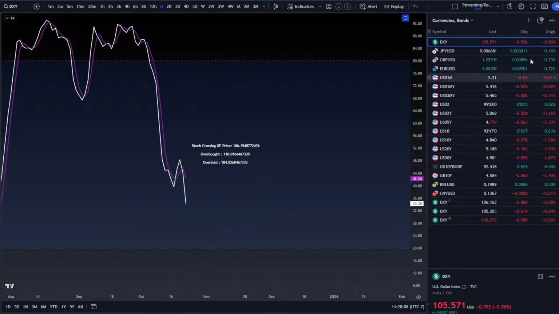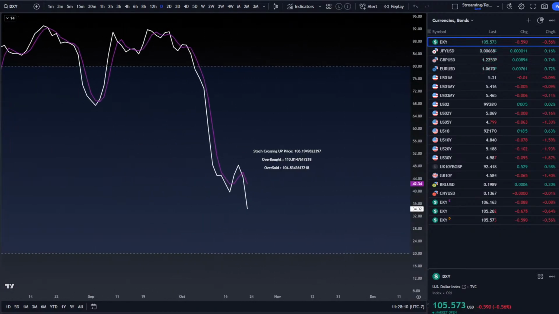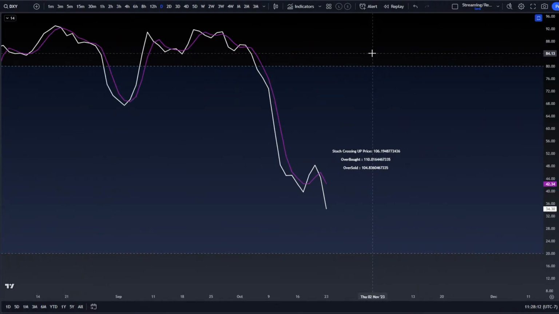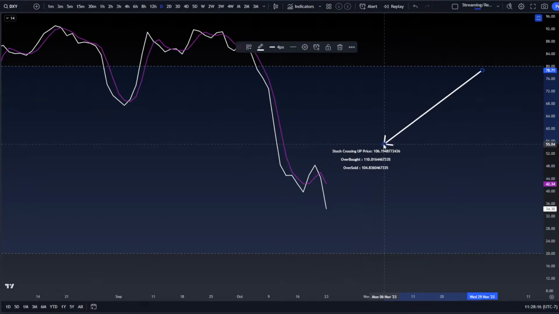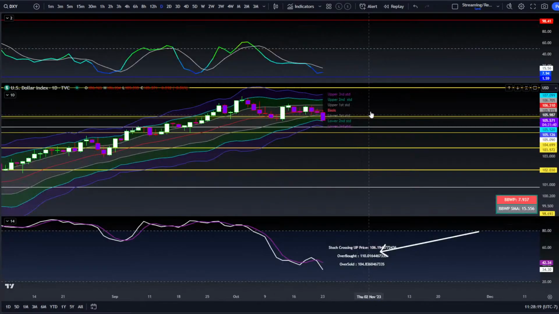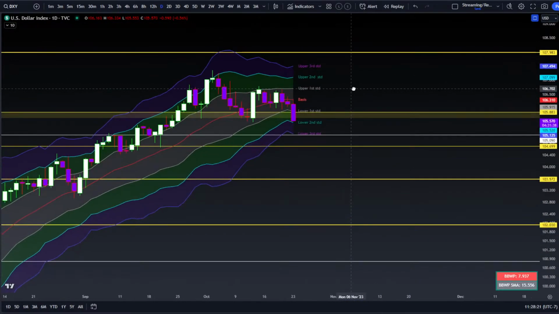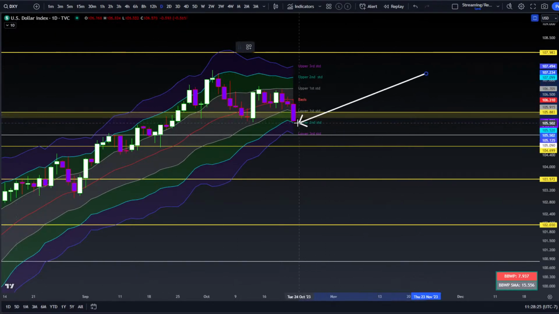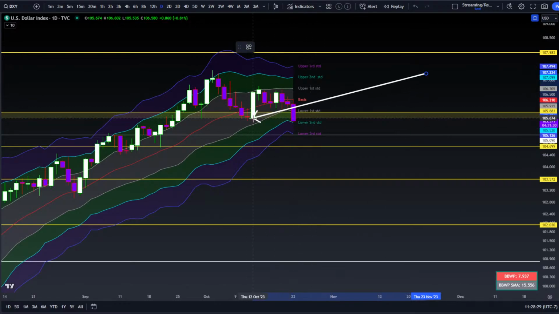Let's go ahead and look at momentum. And we'll get rid of this for a moment. Yeah, down below 106.19. Okay, so good. We see that it is in either a continuation or reversal area, right? That's that lower second standard deviation, just so happens to match this wick low area at 105.53. And that does mean if